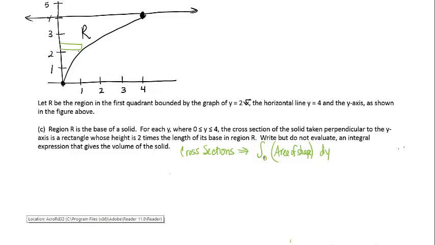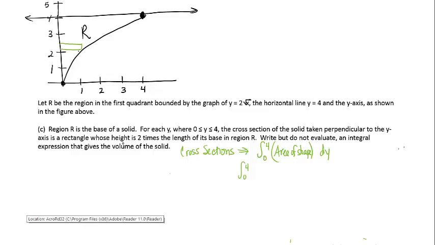But this cross section would go from 0 to 4. That is my y bounds because it is a dy. Now this one just happens to have the same x bounds. I want to make sure you understand that I really am using dy coordinates here for my bounds. So the area of the shape would be base times height for a rectangle,